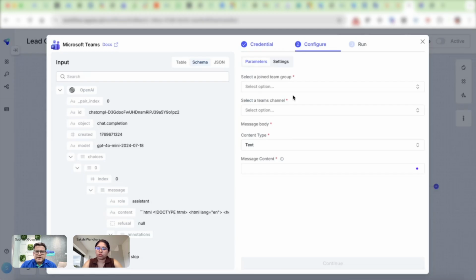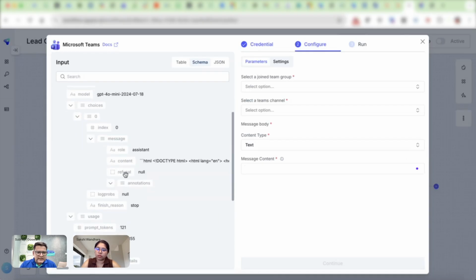For example, what content will this Teams channel send? I can just bring it in from here, let's say this is the content that I want to be shared. In this way they can easily design it.